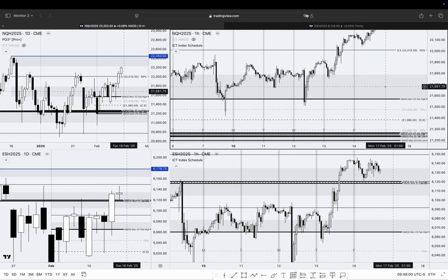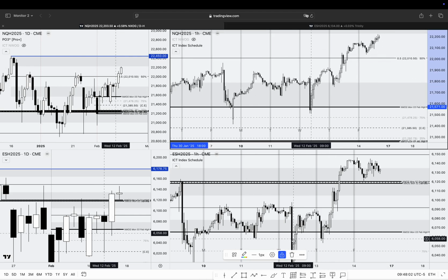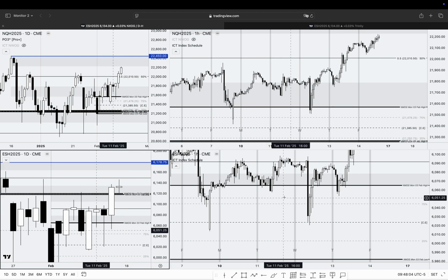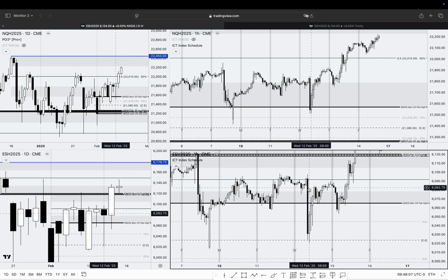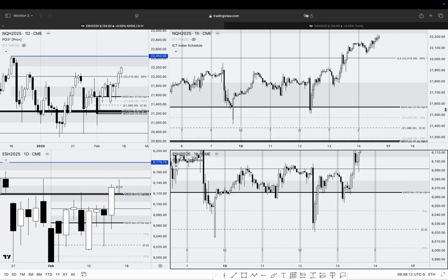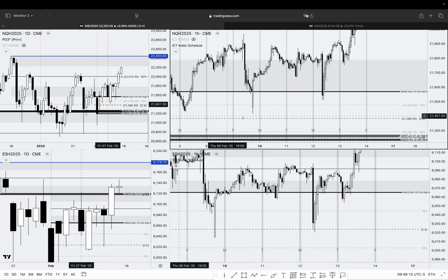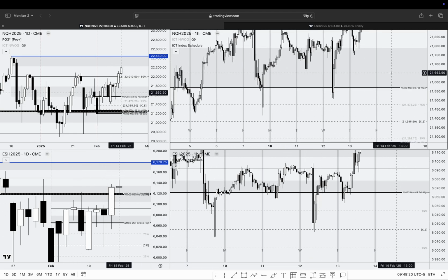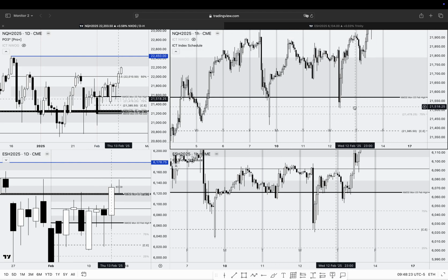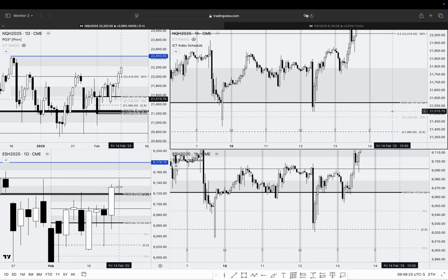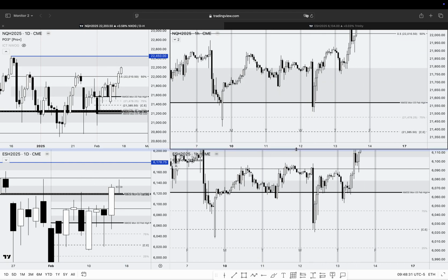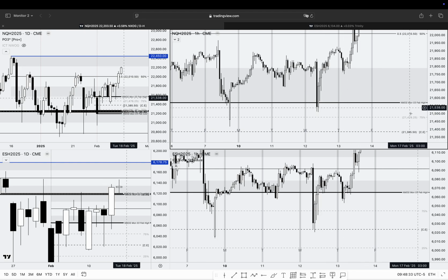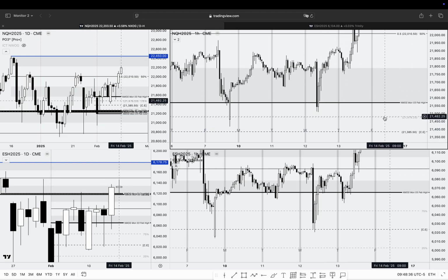You can see here on the high impact news during CPI, we reached the consequent encroachment, and I was expecting to see if we can run these sell stops here on Nasdaq, but we had a gap divergence. That's something that I've been telling you to look at, not only the regular trading hours gap, but also these gaps like new month opening gaps or even new week opening gaps, as we are going to see later